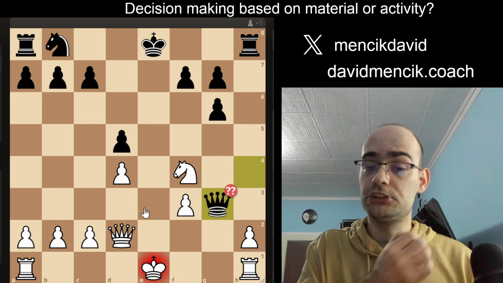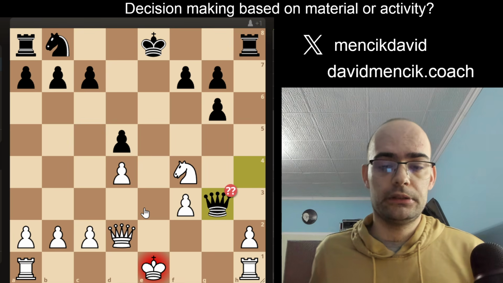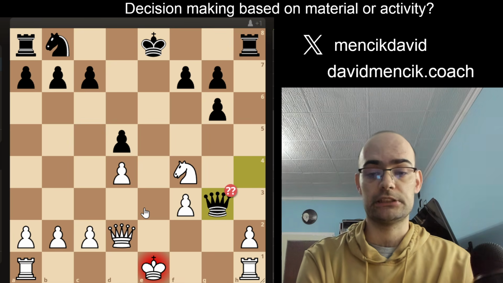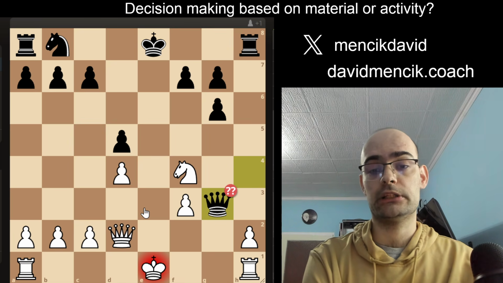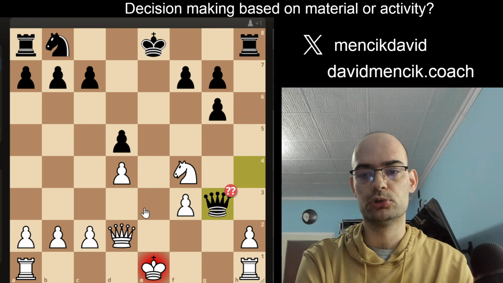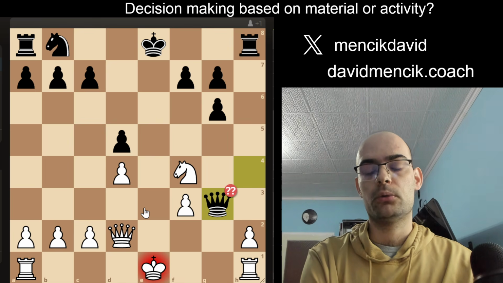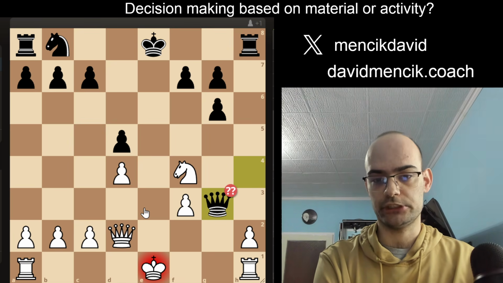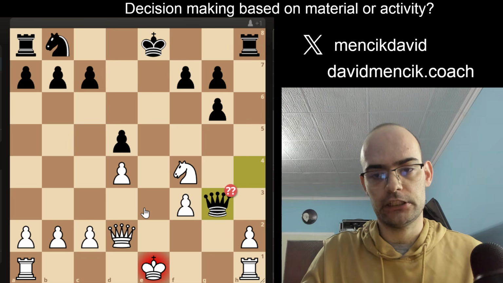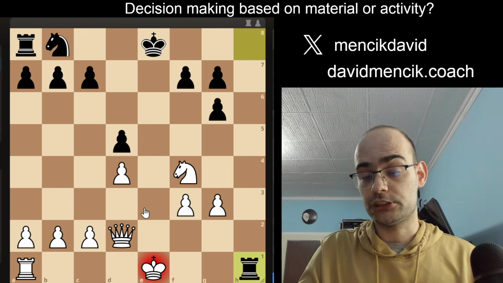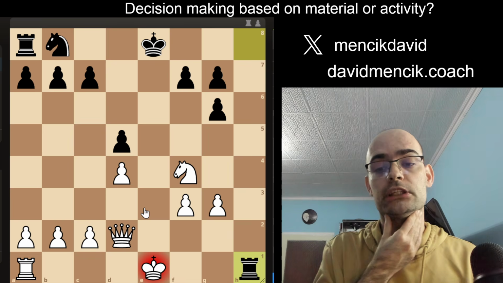Alright, now we go to queen g3, which is actually the topic of today's lesson, and that is activity over material, as white has now lost a pawn, and after a takes g, will lose both rooks for the queen. We are to figure out how to evaluate the position if this kind of situation happens. So we must take, any other move is just bad. And now after rook h1, we have two moves. We have king e2 and king f2.